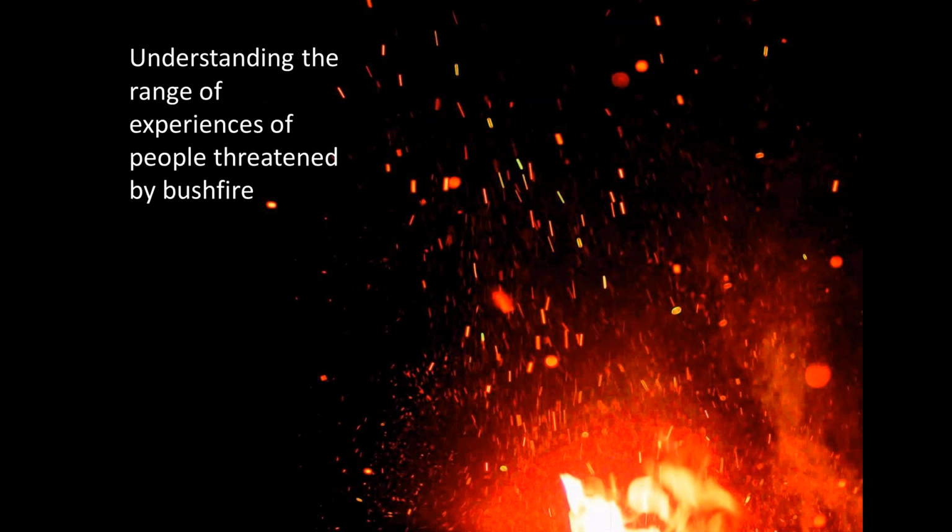There are, for example, the archetypes of people who are very confident with their experience of fire, who have no time for agencies, who probably have a very hostile or tense relationship with agencies, and who typically won't listen to any sort of formal information about the fire. They'll go and check out what's going on themselves by driving the ute to the top of the hill and having a look. And they might, in that process, save two or three houses and rescue a couple of people and get themselves in trouble at the same time.